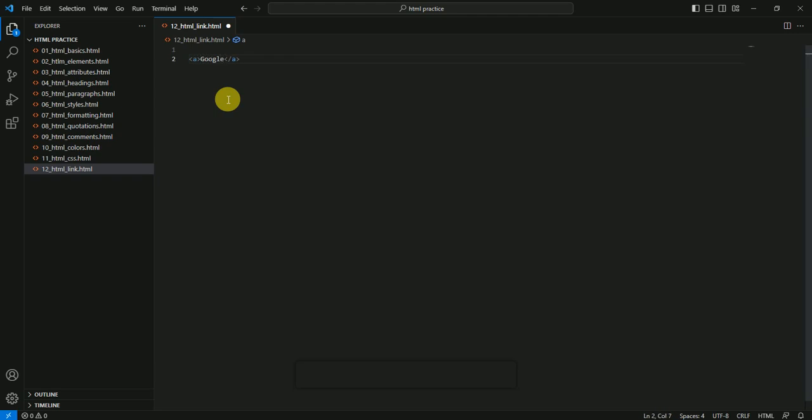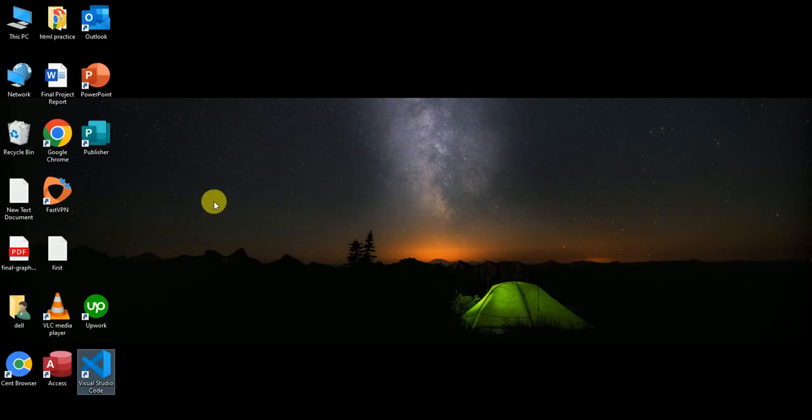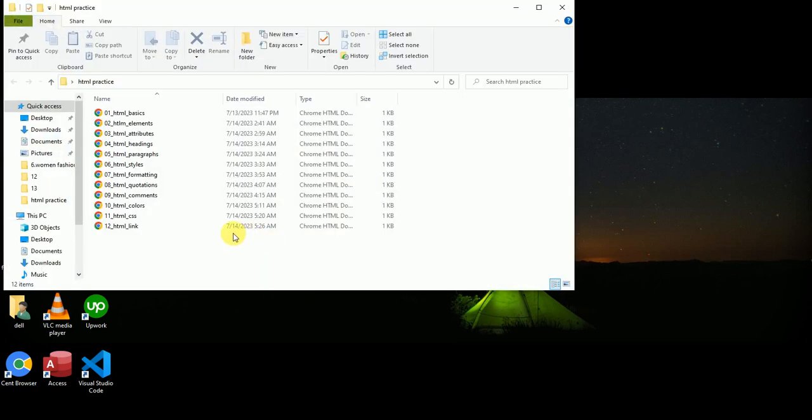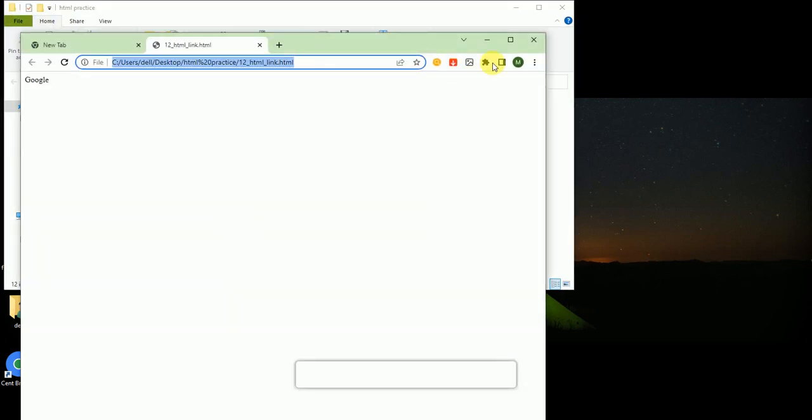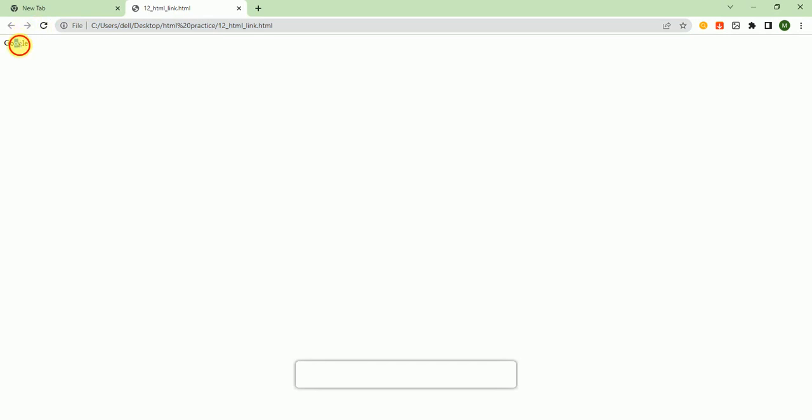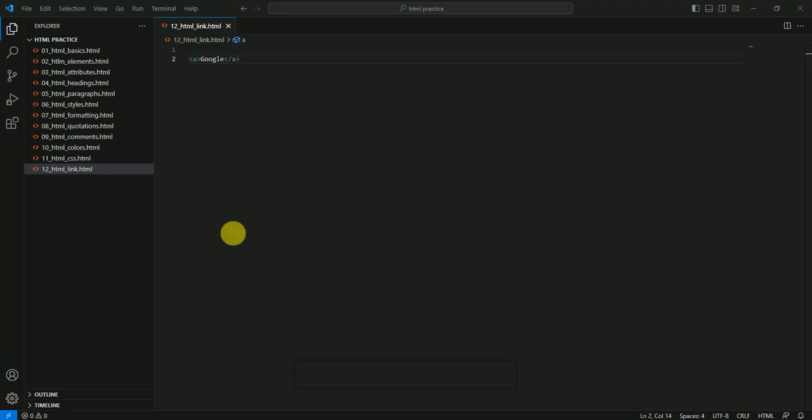and as you know, this is a simple text. Control S, and then I go to my HTML practice folder to access this file, HTML links. So as you can see, there is just a simple text Google. So I want a scenario when a user or I click it, then it redirects towards google.com. So I write here an attribute name href, and here we write the URL of Google, which is google.com. Control S,